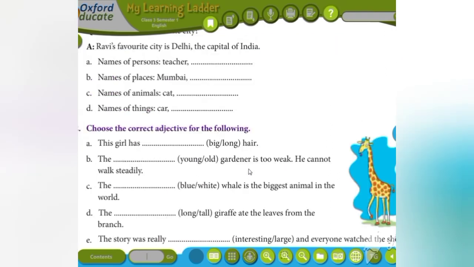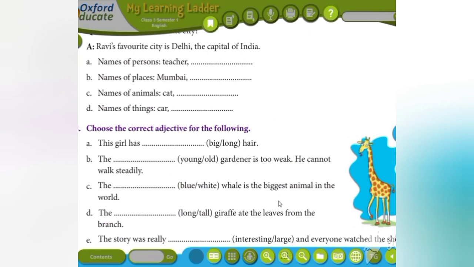So the A question, what is given? Name of the person. So what are the names of the persons given in the above questions and answers? So the word teacher. So teacher is a person, right? And then what is the name? Yes, Ravi. One name is there, no? So Ravi is a person. So we have to write Ravi there. And name of places. So Mumbai is already given here. Then what are the places given there? Yes, you can see in your book. Yes, very good. Delhi, India, right? So this is how you want to find. Okay, so from the above passage you have to find and you have to write the answers.